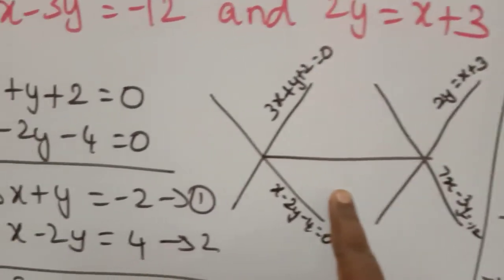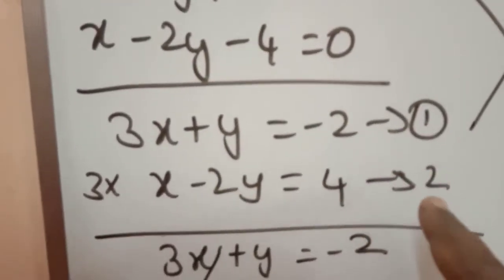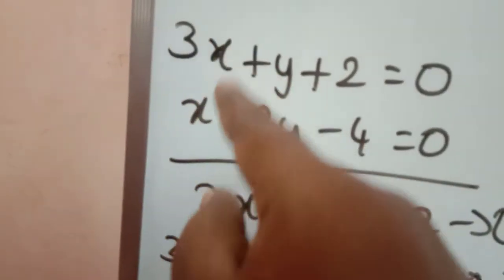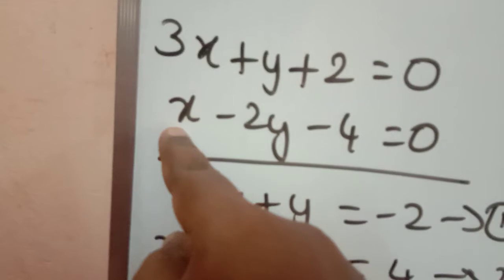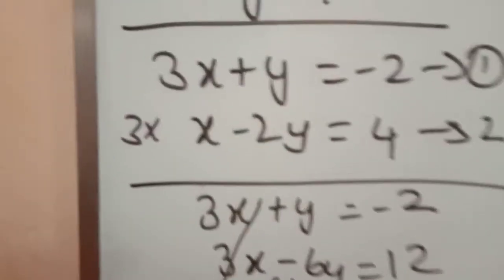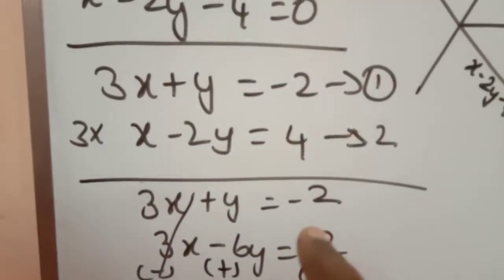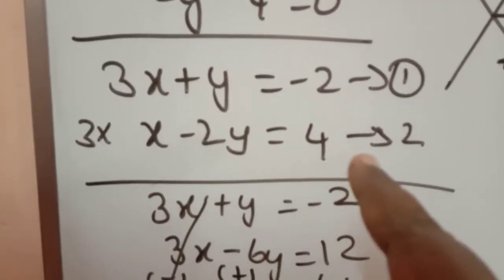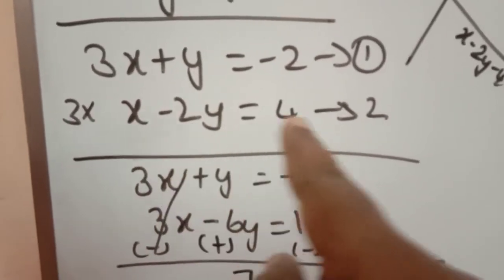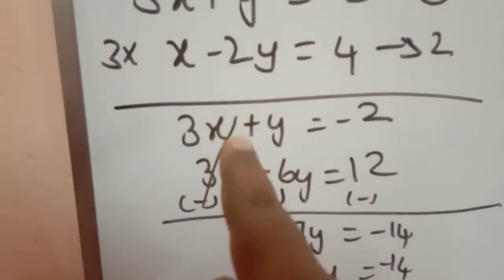Right? Now write the first two equations. Equation 1, 2. So here 3x, here 1x. So multiply by 3 to make it as 3. So we can easily eliminate x. So 3x. Okay. So the entire first equation as such we have to write. And the second equation we have to multiply by 3. All the 3 terms we have to multiply. That's very important. Then change the sign. Here plus 3x, plus 3x.